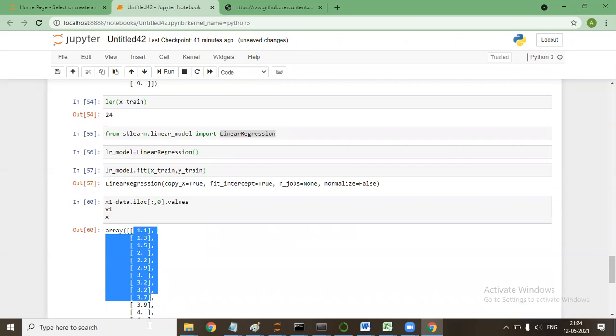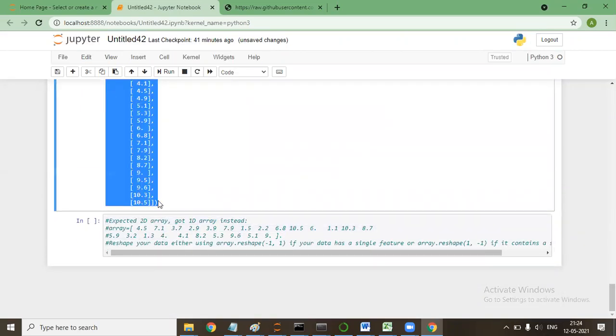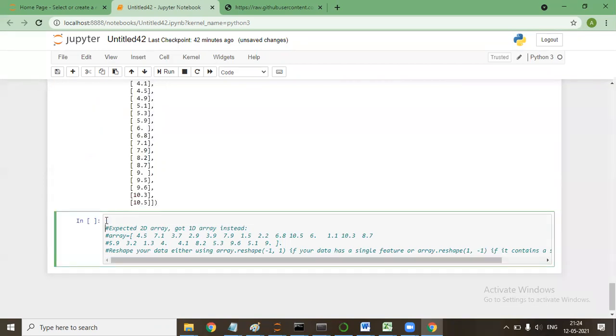So you might also be right that it is being converted. But the reason I have is that this particular library, linear regression in sklearn, expects the X, in the case of a single variable, to be a 2D array.